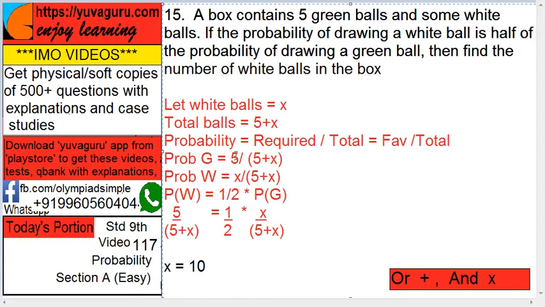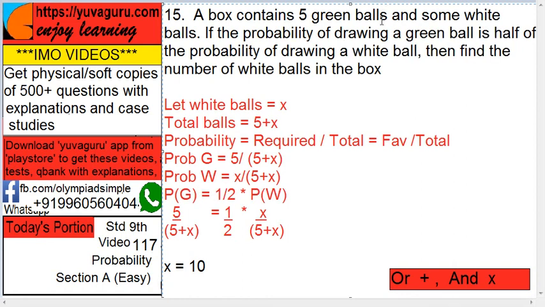Probability of getting a green ball is what? 5 upon 5 plus x. Required upon total. Required is what? 5 green balls. So total is 5 plus x. Probability of getting a white ball is x upon 5 plus x, right? But what is given? Probability of getting a white ball is half that of the green ball. So x upon 5,